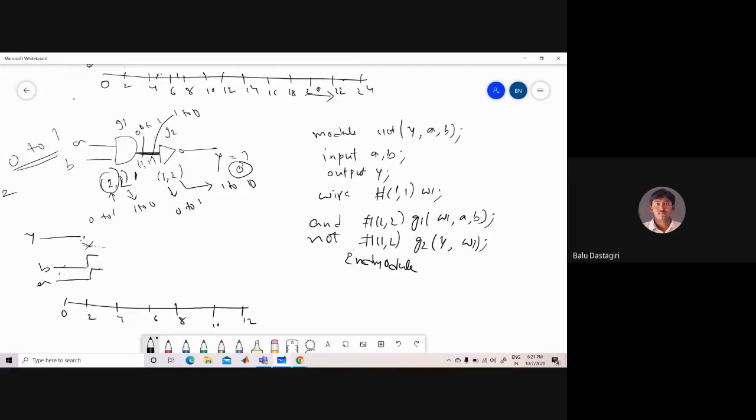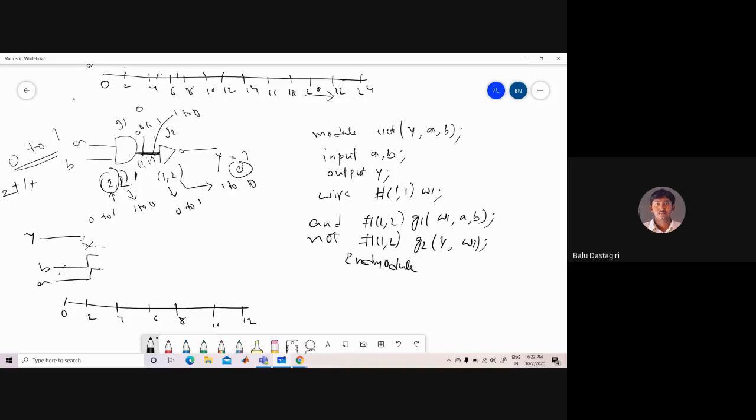In the previous case the wire carried logic 0, and now the wire is carrying logic 1. Whenever the wire goes from 0 to 1, it again has a delay of 1 time unit, that is 2 plus 1.